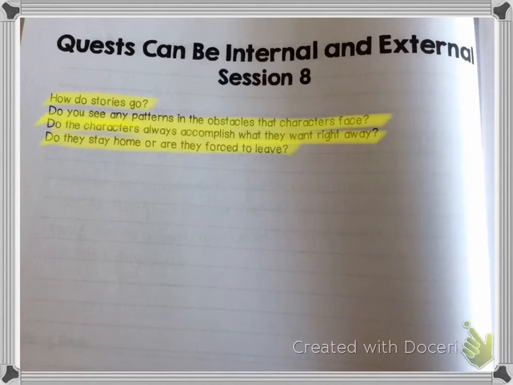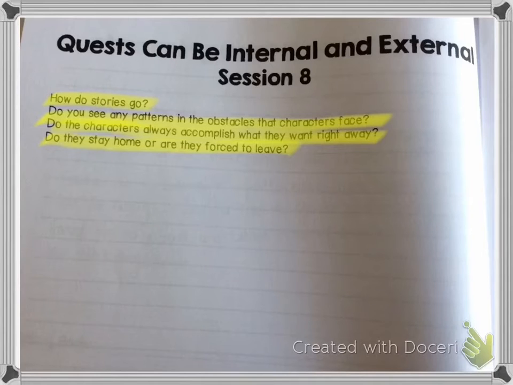Like in the Percy Jackson books, in the first book, he has to go search for Zeus's lightning bolt. In the Paper Bag Princess story that I read to you, Elizabeth decided to follow the dragon to rescue Harvey. In A Wrinkle in Time, Meg goes on a quest to find her dad. So today I want to teach you that experienced fantasy readers know that most fantasy stories follow a quest structure. What's most often interesting to these experienced readers then is to investigate the internal quest as well as the external quest. So let me show you what I mean.